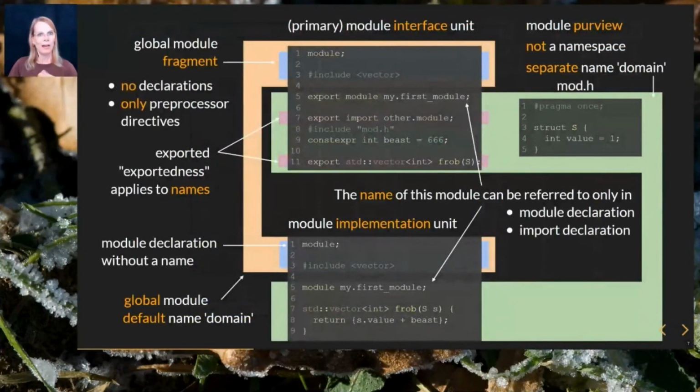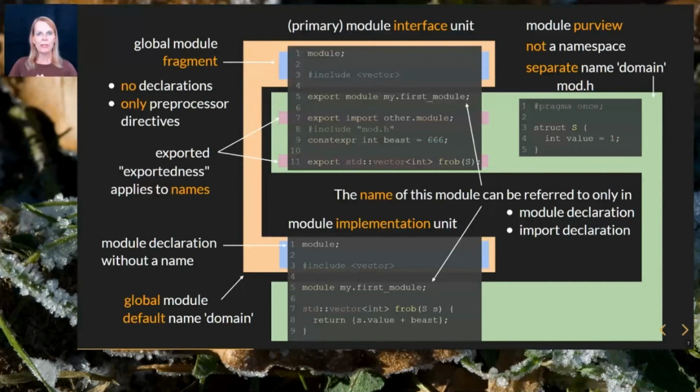So how does a module look like? In the new modules world, there are not only modules, but all the already existing code that's outside of the module and need to be used again. For the sake of consistency, we call this part of the world the so-called global module that has no name, and the code in there follows all the traditional rules of the language as we know them.